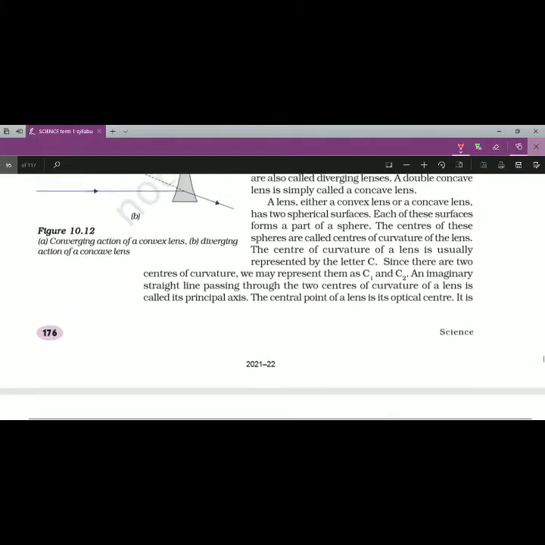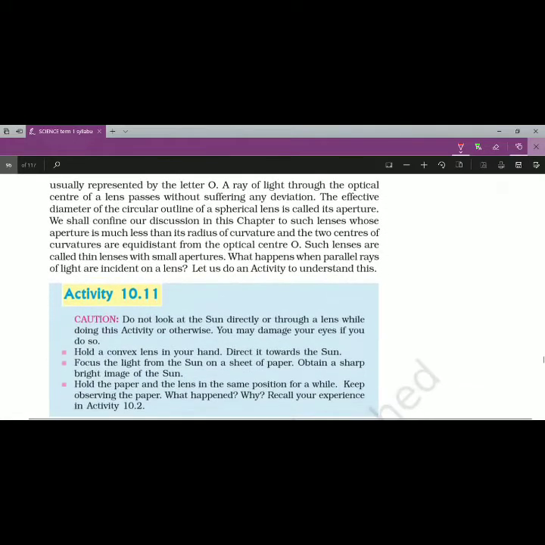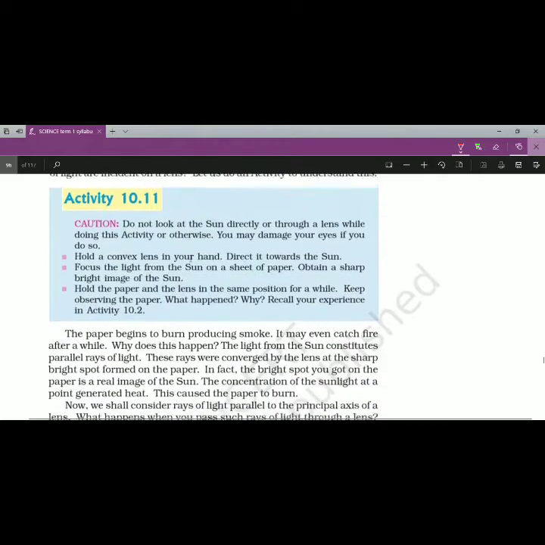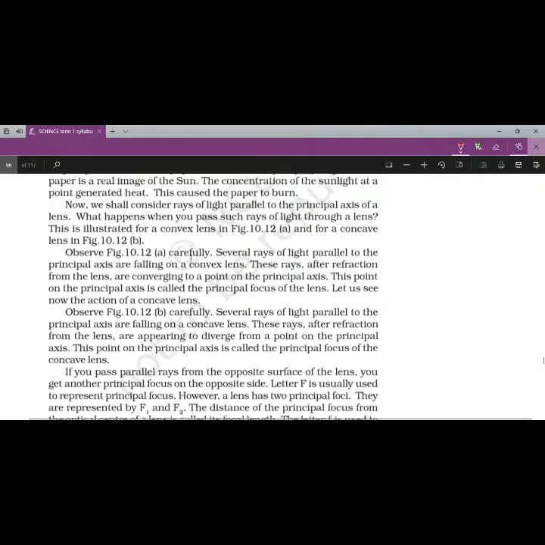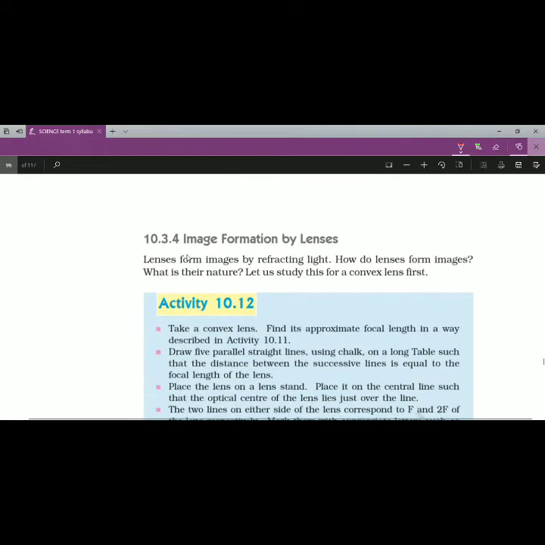Let's discuss optical center, all the definitions related to lenses. Diverging lenses क्या होता है? Diverging lenses means concave lens, convex lens, converging lens होता है. ये सारा प्रिंसिपल एक्सिस क्या है, सारी डेफिनेशंस आपने करनी है. फर्स्ट प्रिंसिपल फोकस क्या है, सेकंड प्रिंसिपल फोकस क्या है,